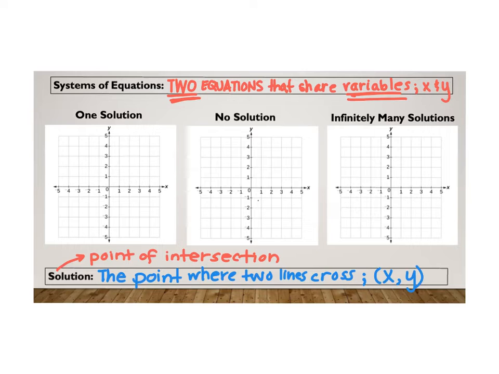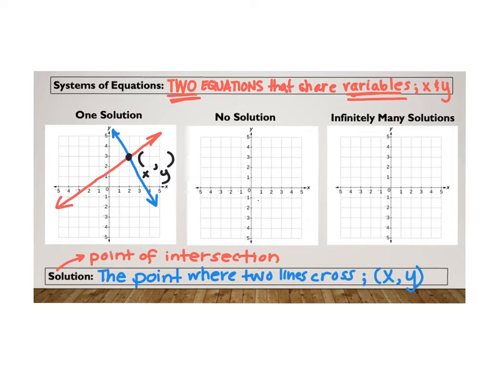Okay, so let's talk about when it says it's a system of equations and you end up with one solution. So say, for instance, I graph the first line. And then I graph the second equation. And maybe the second equation looks like this. And I am looking for their point of intersection, or what we call their solution. In this case, they only cross one time. So their solution, or their point of intersection, would be in the form of a point,